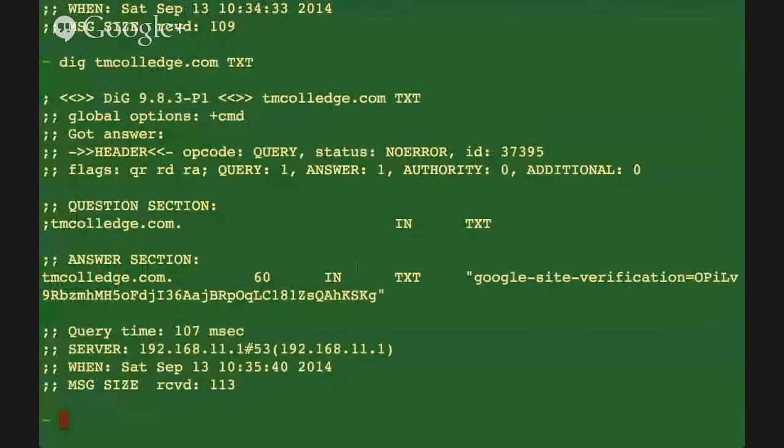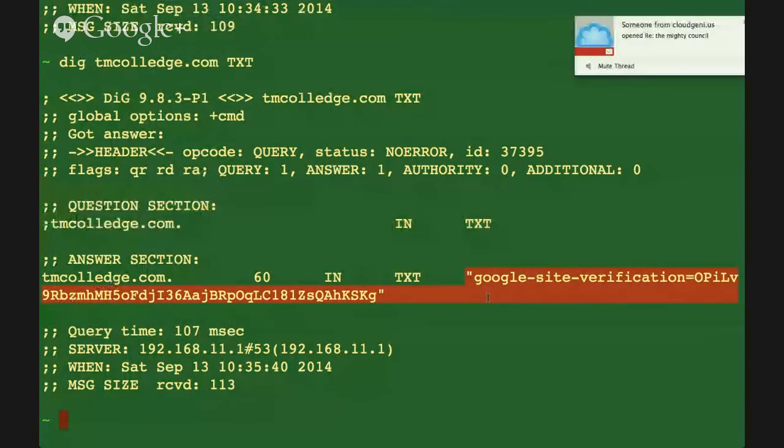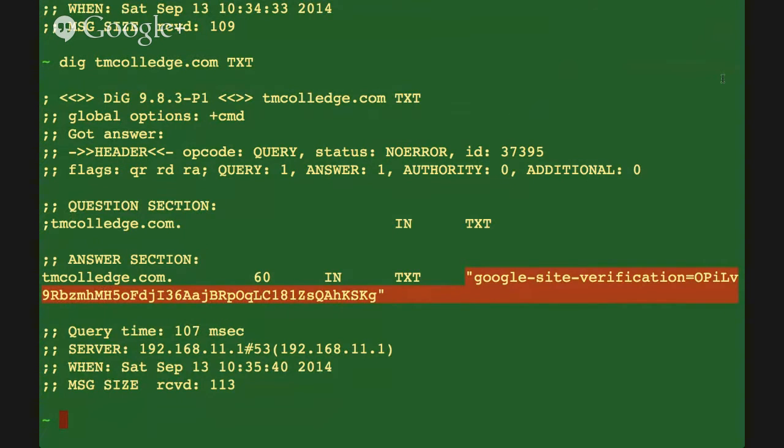Not this screen, this screen. So here you see this verification. This string verifies you are indeed the owner of the domain. Once that ownership verification completes, there is no reason to keep the TXT record in place because Google already knows you are the owner. It means you can delete the TXT record if you are running short of room for keeping records. You don't need to delete that right now, but it will not hurt if you delete.